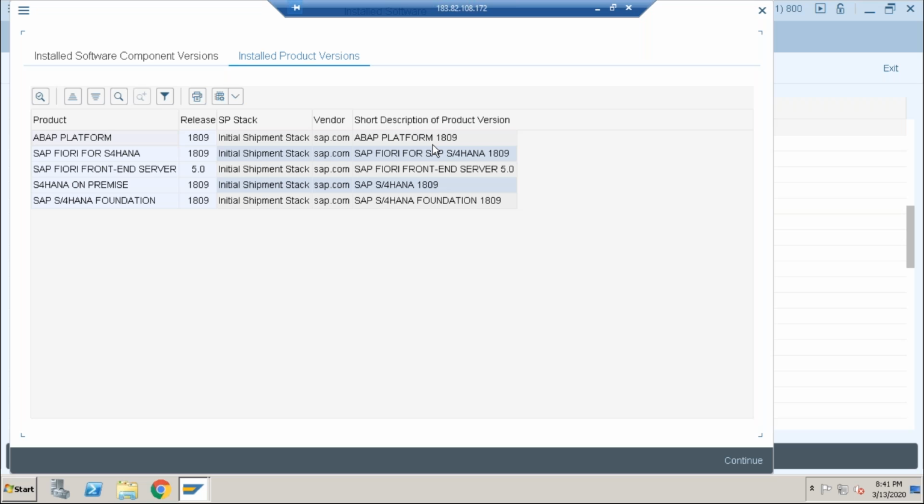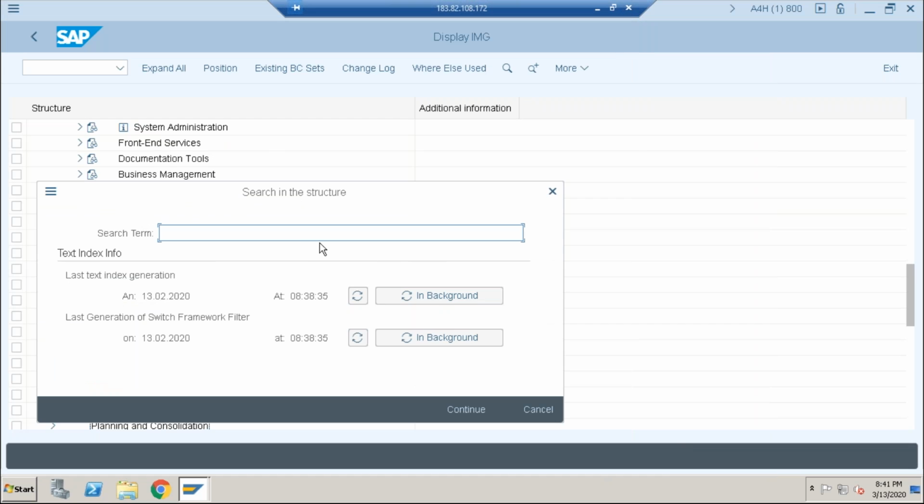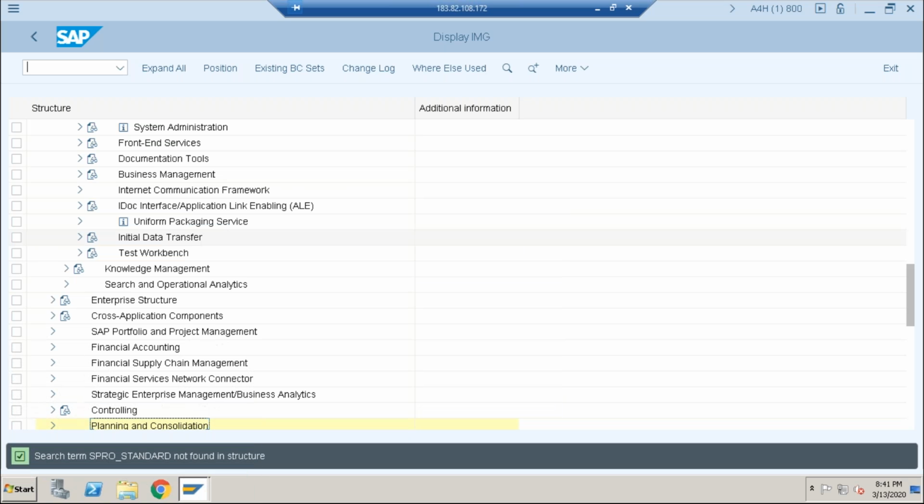Role menu tab. It's not showing. Click on Control F and just type in standard menu or SPRO. Just creating user menu, that option, only one option is there. That option is only in the administration perspective, not in the other perspectives. Only the administration has the option.